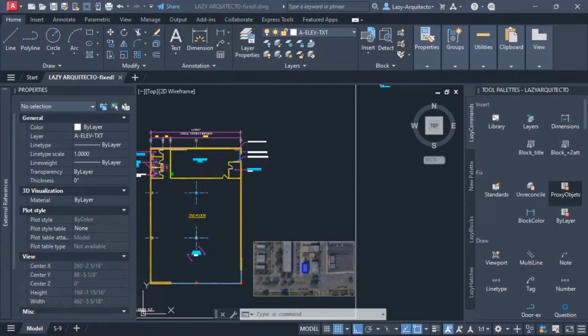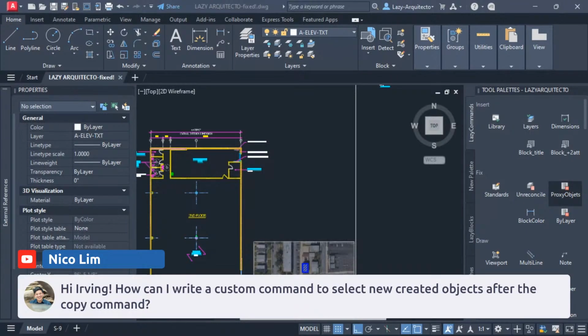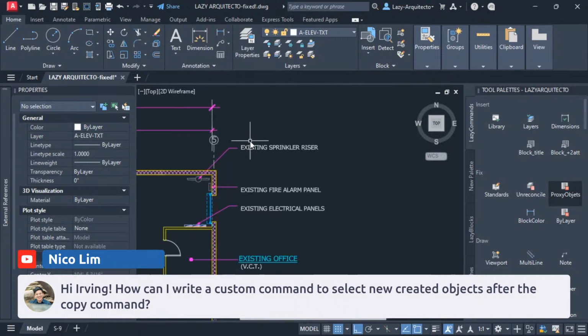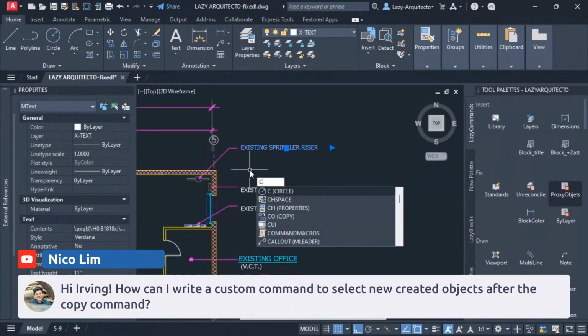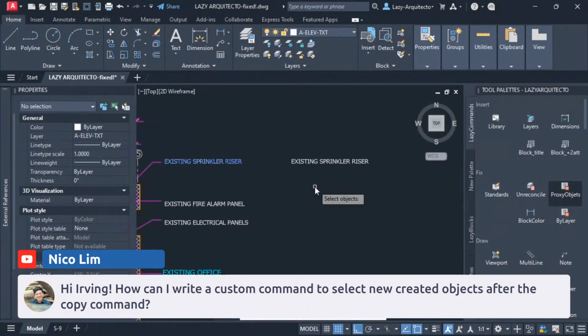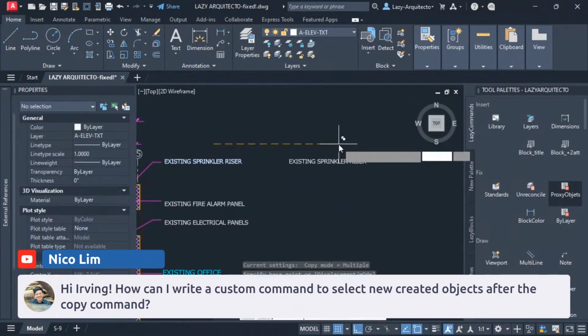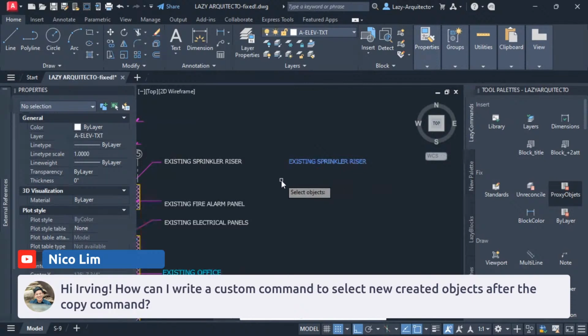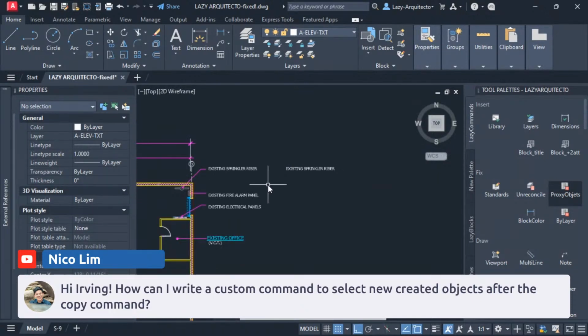Nico. Hi Irving. Okay, you want to know: how can I write a custom command to select newly created objects after the copy command? Let me see if I understand your question. So if you copy, wait. Okay, sorry. All right, Nico. So I think what you want to do is